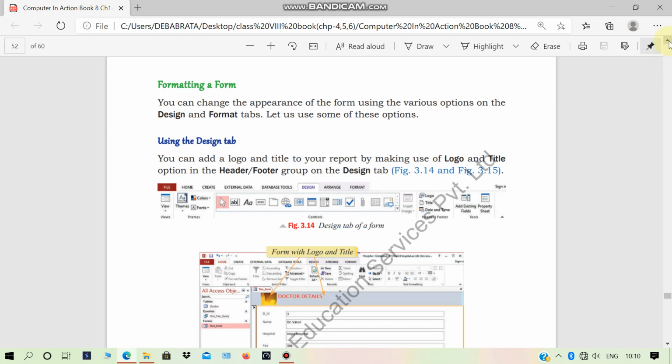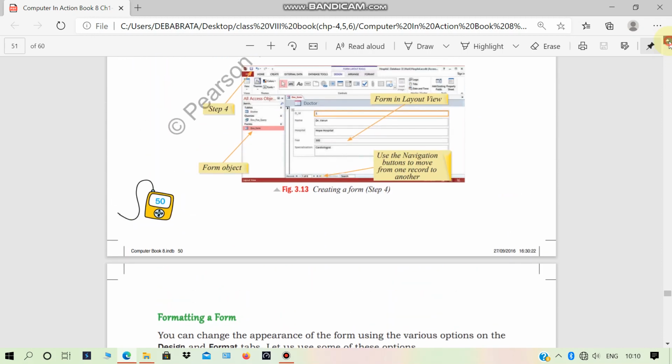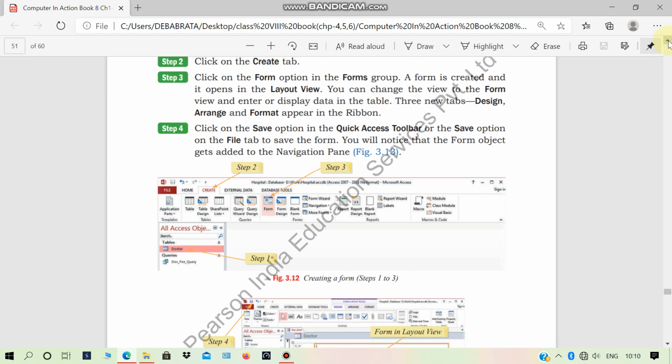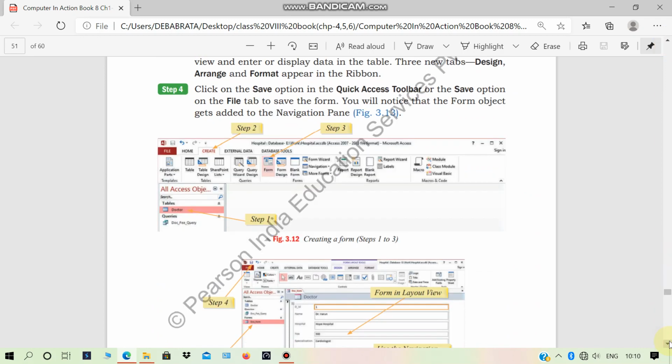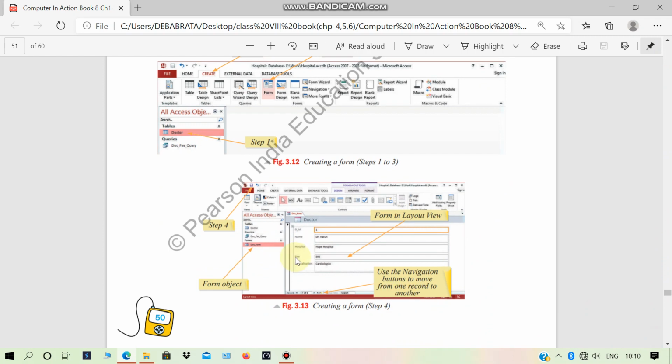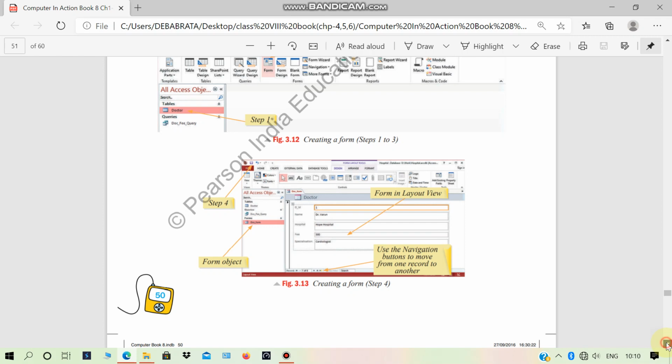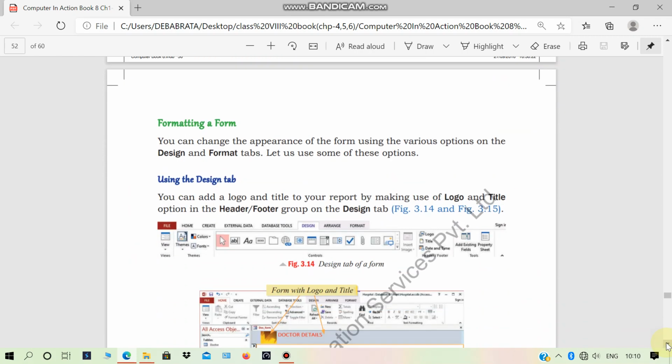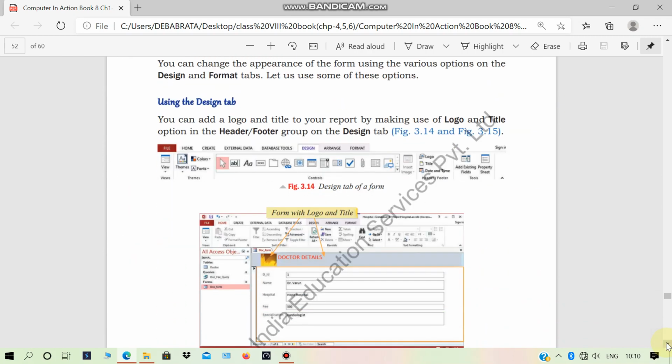Before describing the design tab, I want to tell you one thing: when your form is opened in layout view, then design, arrange and format, these three extra tabs will be displayed on the window. Now we are going to the next part, formatting a form or designing a form.